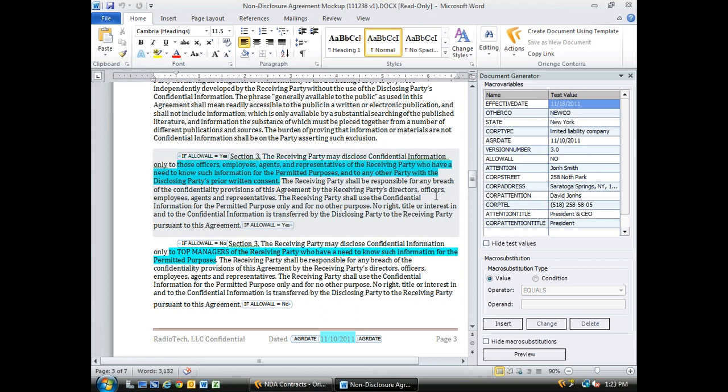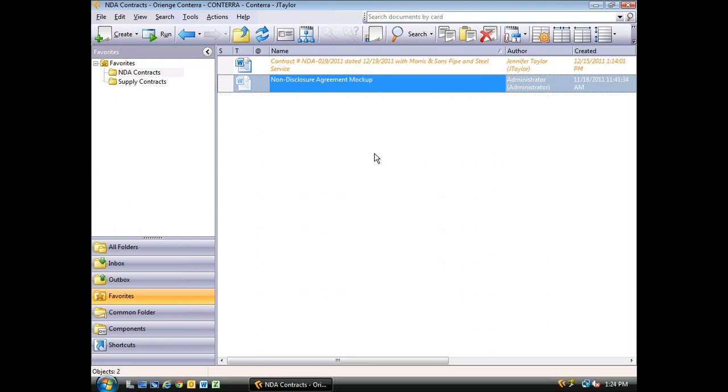And if Jennifer has to keep multiple versions of templates to handle all of the needs for these conditional requirements that are going to continue to pop up, then she'd have to maintain a library of templates of non-disclosures. Then if the law changed and she went to update her library of templates, she'd have to make sure she did all of the templates, where it would be easier to do one. So now, using Contera and a mock-up, we're going to make this conditional parameter exist in one document,